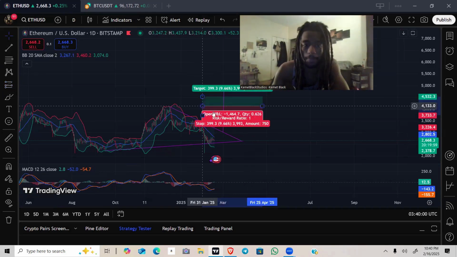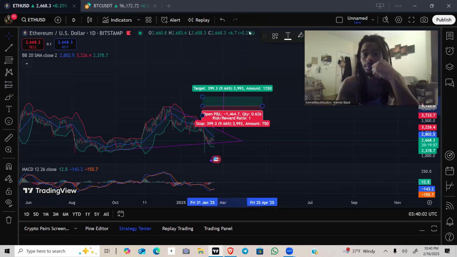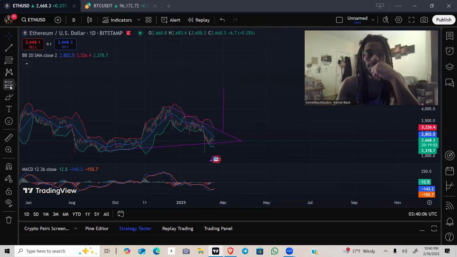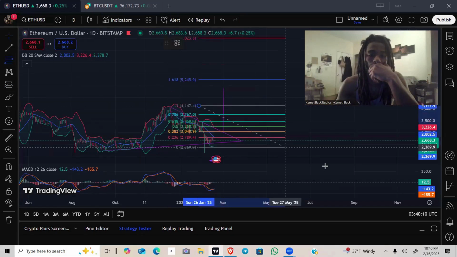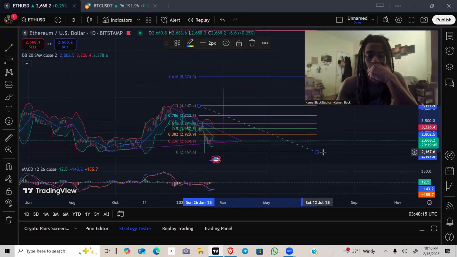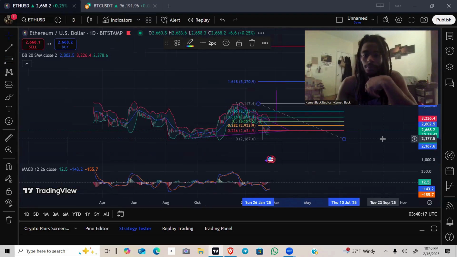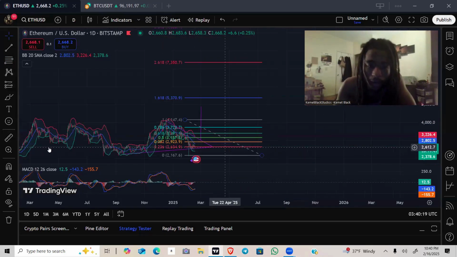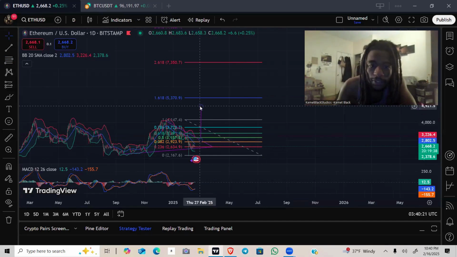Oh, that is not the Bollinger Bands. Sorry about that, guys. Bottom of the trend, I suppose, right? All right, so I'm seeing a bullish target of up to 4,800,